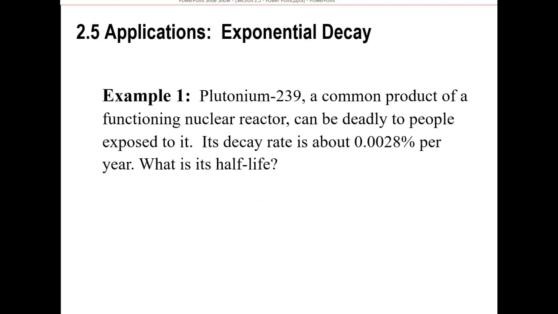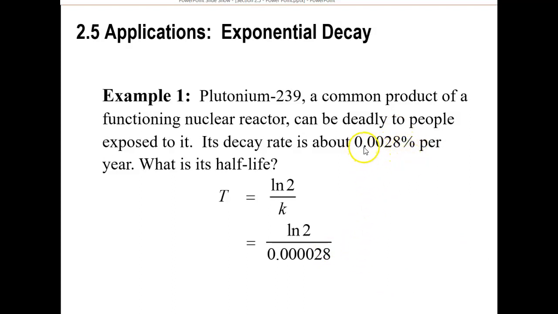All right, example 1. Plutonium-239 is a common product of a functioning nuclear reactor. It can be deadly to people who are exposed to it. Its decay rate is about 0.0028% per year. What is its half-life? Okay, so we're given the decay rate, we're calculating half-life. All right, so our relationship here that we just talked about on the last page is, if we're looking for half-life, that was the capital T denoted in the last formula, so half-life equals the natural log of 2 divided by decay rate. So the natural log of 2 divided by